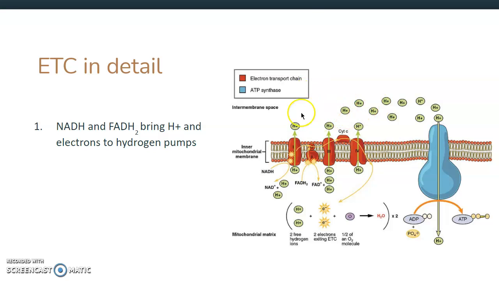Now, naturally, once they're all here, since there are more on this side of the membrane than on this side, they will want to find what's called equilibrium. They will want to be equal, where we would have maybe 5 and 5. So since it naturally wants to do that, they will go through